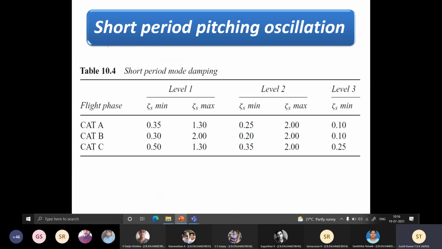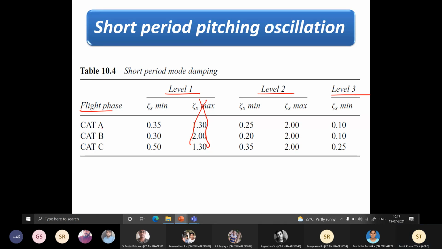Now, again, don't worry about all this. You know by heart all these things. Okay? Now, look at the table. Instead of having a subjective statement that the aircraft is behaving well or not, I would like to give some numbers. And that number is nothing but my damping ratio in the case of short period. So don't worry about this because it's over damped. Just look at this line. Flight phase, level 1, level 2, level 3.